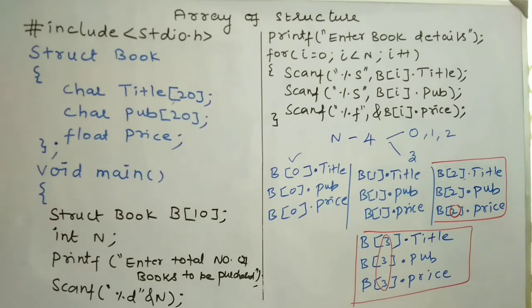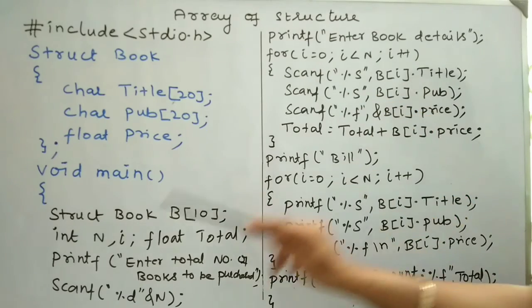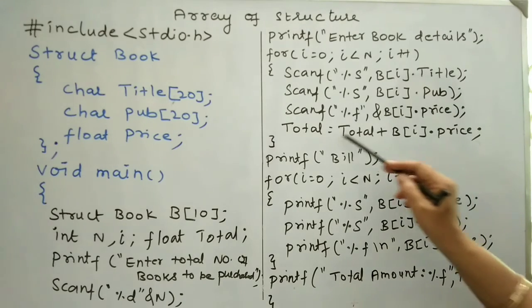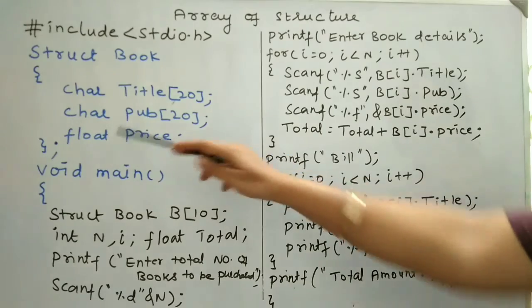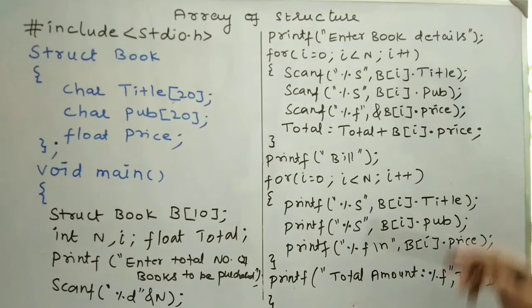So using the for loop, we are getting the details of the books the purchaser wants to purchase, which are stored in the structure variable b from index position 0 to n minus 1. Since I have used variable I here, I is declared as an integer variable. After printing my output, I need to print the total amount for which I have purchased the books. So once I receive the price of the book, it is added to total. Price is a float value, so total is also declared as a float value.